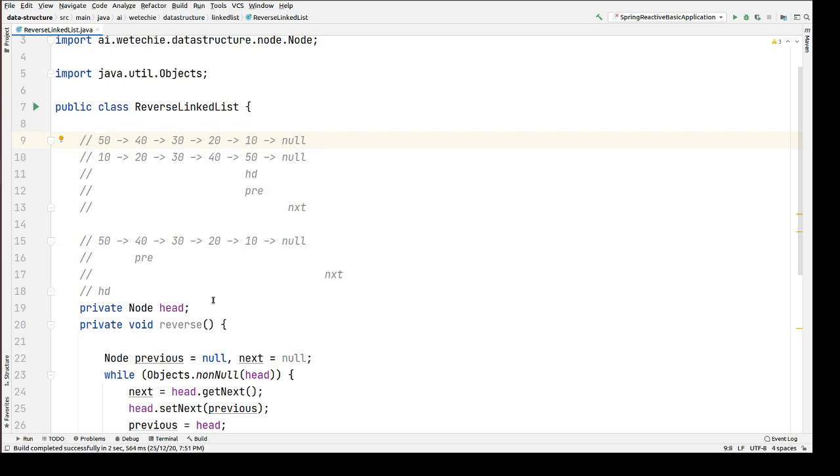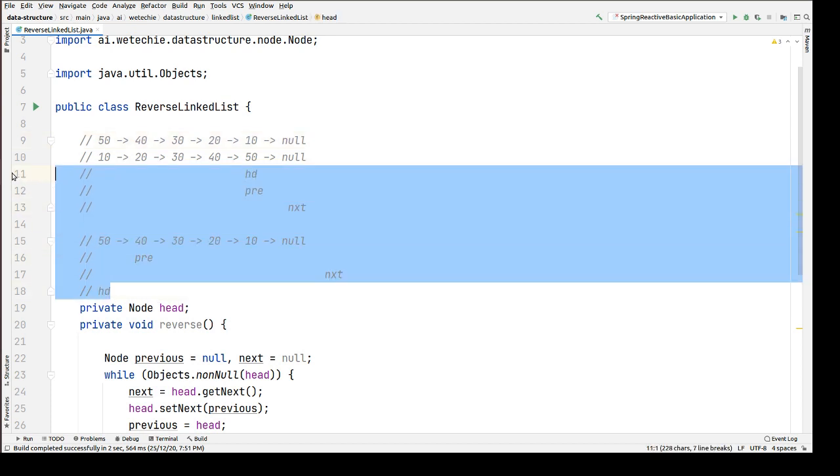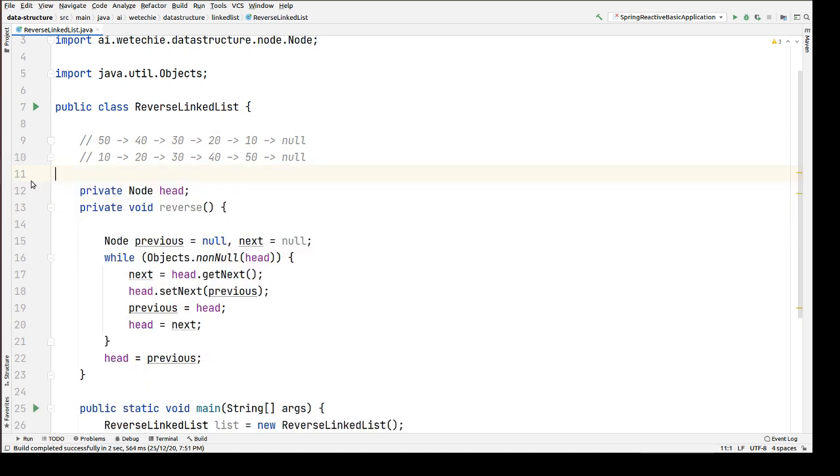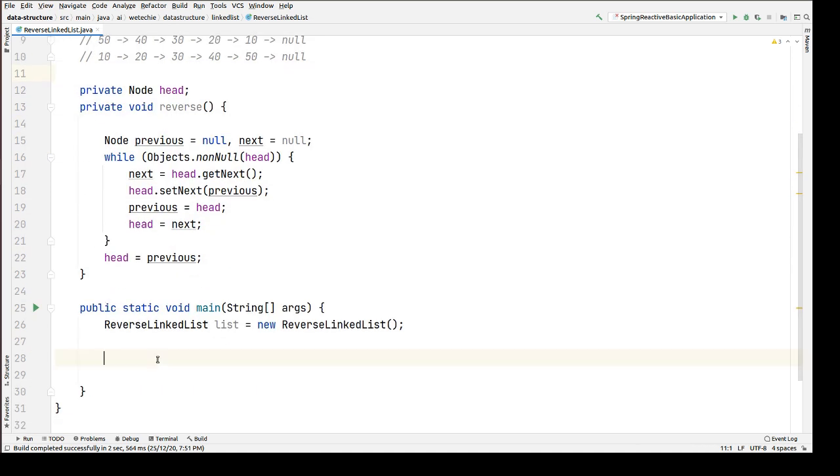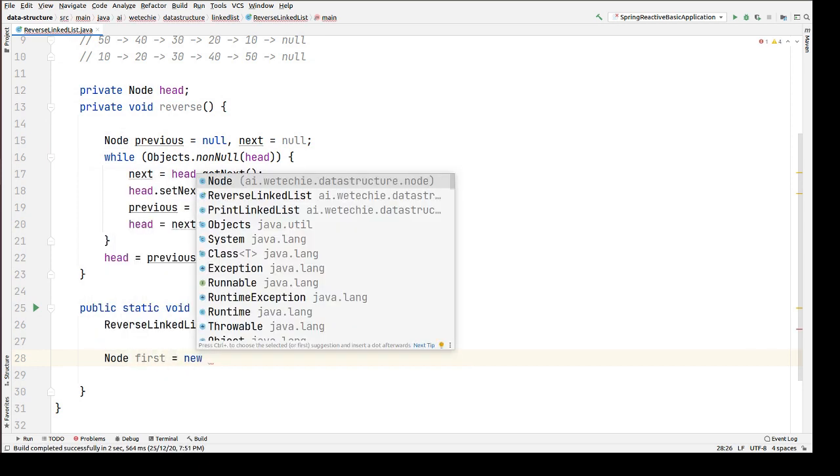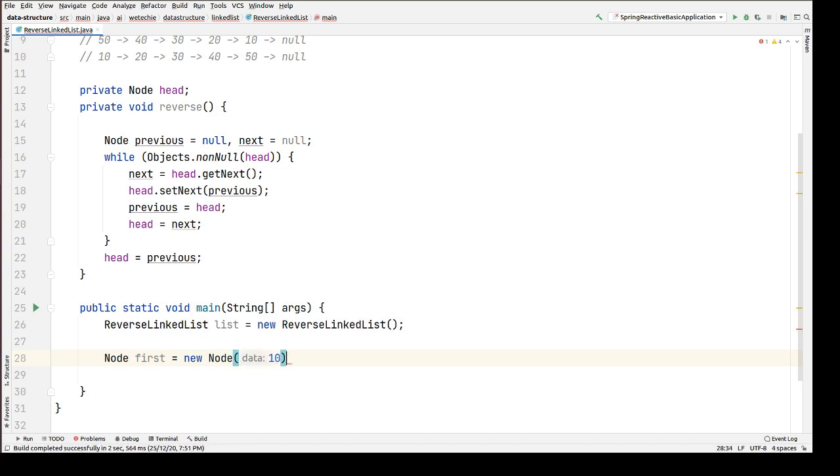Okay, let's delete these. Now there is no use of them, because we have done the logic, right? Now let's create multiple nodes. First is equal to new node with some dummy data. Now let's pass